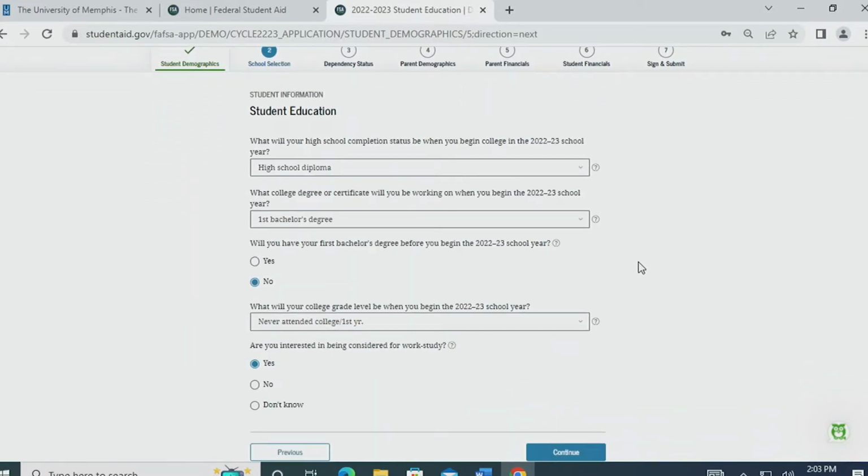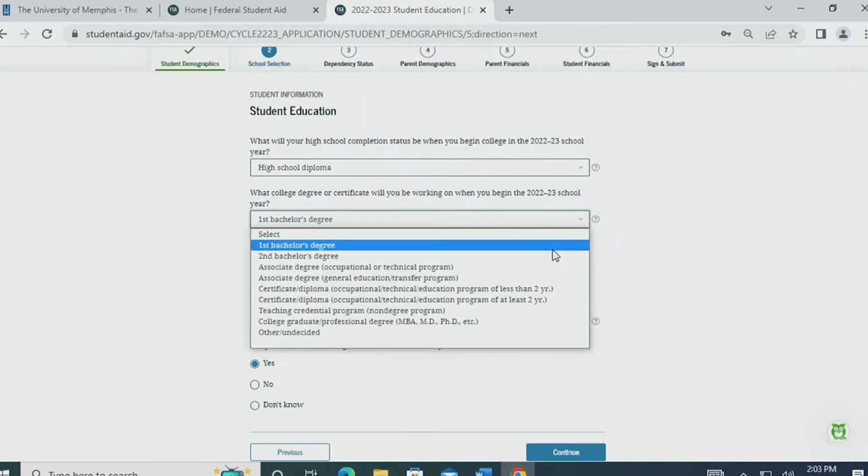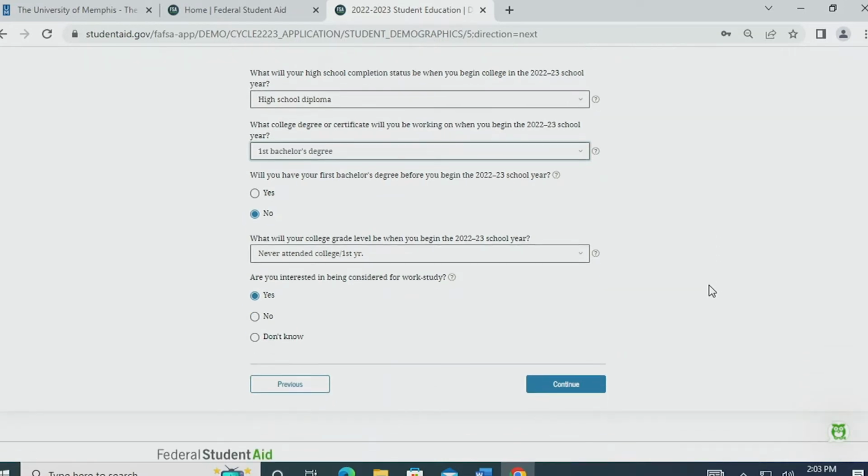On the student education page, note that if you will be graduating or have recently graduated high school, you will most likely not be pursuing a graduate or professional degree. For the question asking what your college grade level will be, if you will be graduating or have recently graduated high school, select Never Attended/First Year, even if you have completed dual enrollment classes.